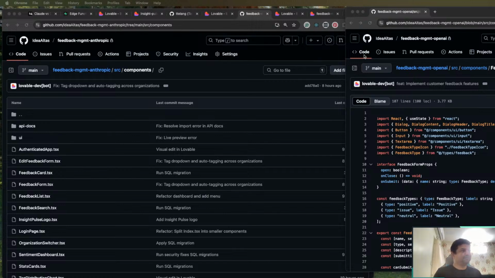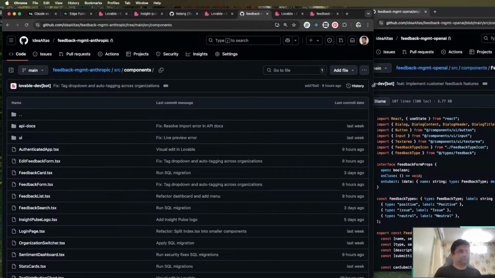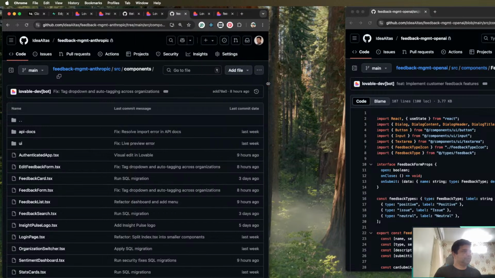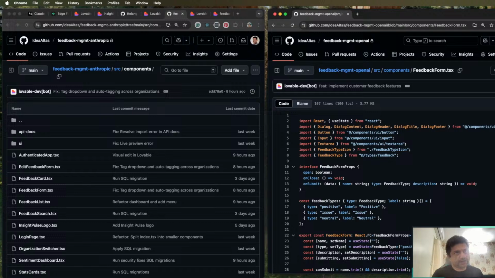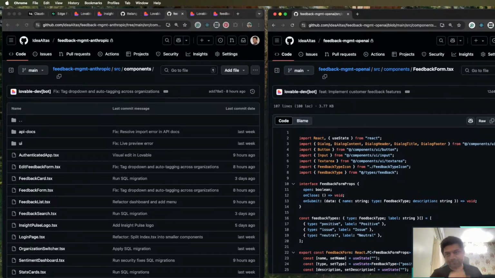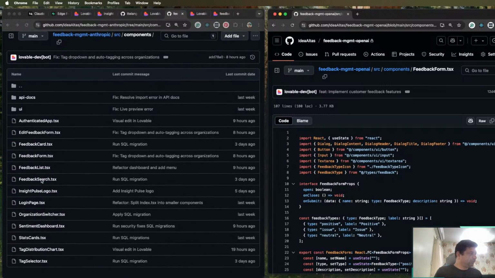Yeah, definitely it's cut off. So yeah, I'll go here, I'll come here, and you are seeing on the right side the code written by OpenAI. On the left side we have code written by Anthropic, and here if I open the feedback form,